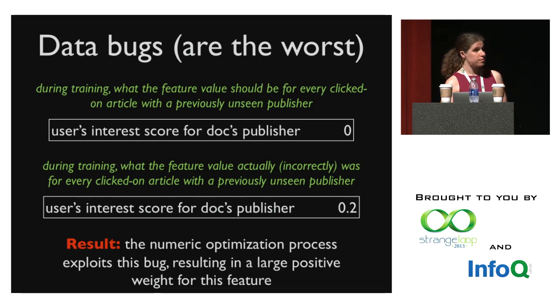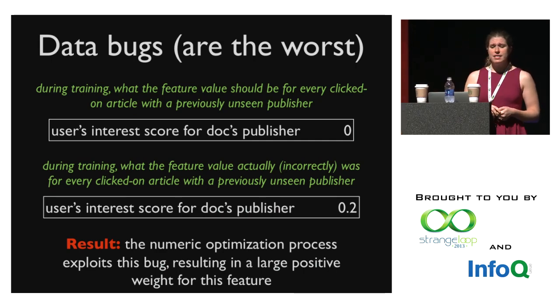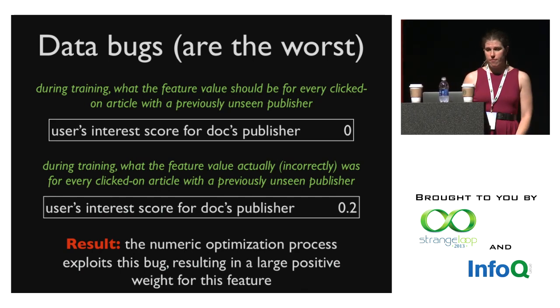weight. When we were evaluating offline, the data had the same bug, and so it looked to us like we were doing really well. But when we then deployed this ranker, it was placing way too much value on the publisher, and this was causing poor results for our users. This is pretty typical for a machine learning bug. Your code doesn't crash, there's nothing blatantly wrong that you can just go in and fix. Instead, the data just seems kind of off, and you have to think about it a lot and use reason to figure out where it came from.